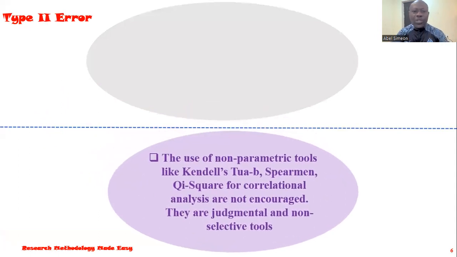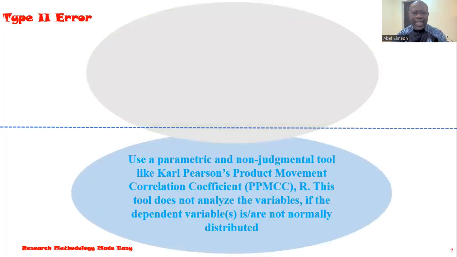You don't use non-parametric tools like Kendall's tau-b, Spearman, chi-square in your correlational analysis. You don't do that. Particularly in a study, you know that the outcome is very important. Major decisions will be taken from that analysis. Then you don't use this. These are just judgmental tools. They are non-selective tools. You should be using parametric tools. Parametric tools like